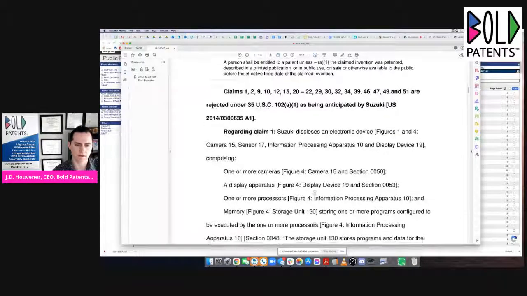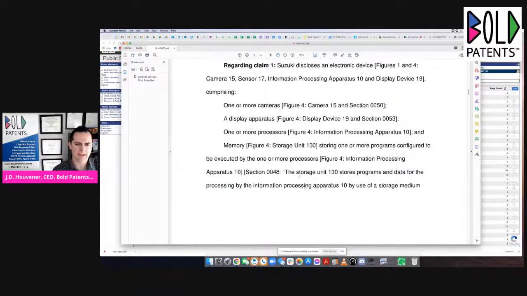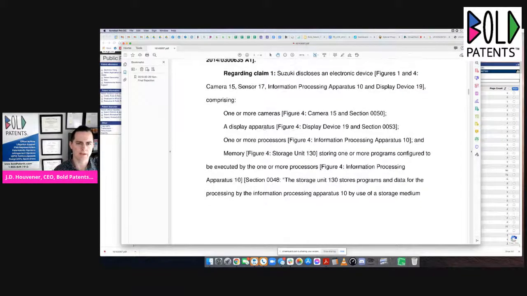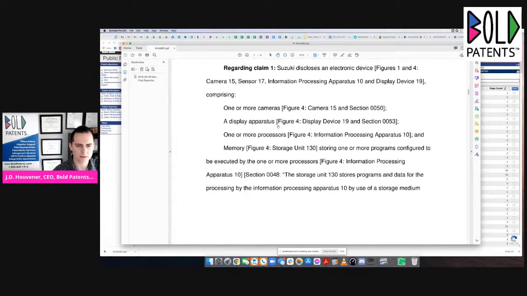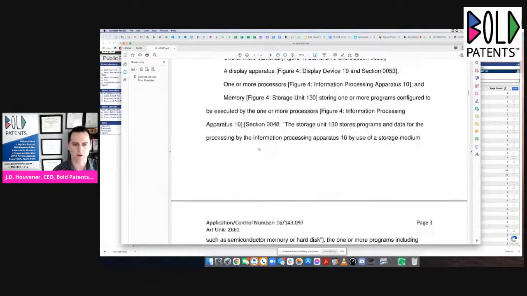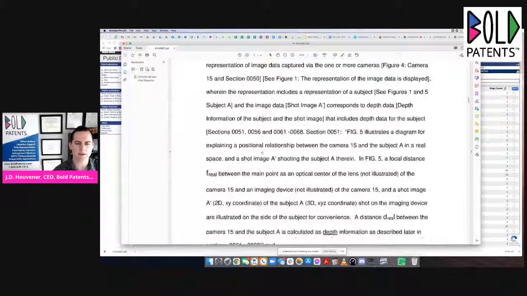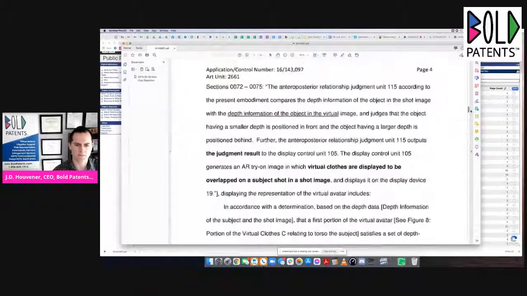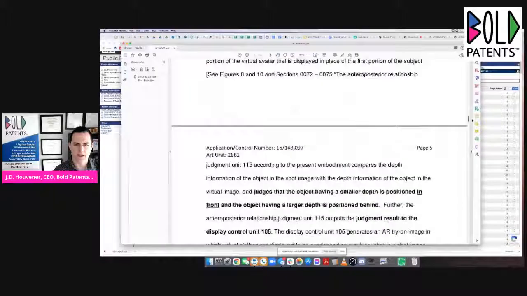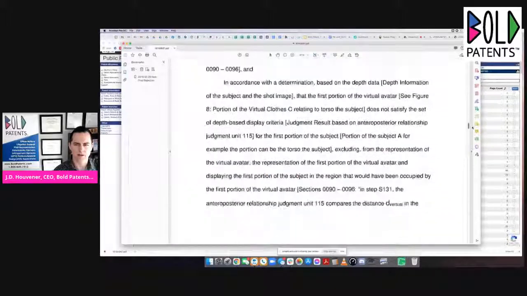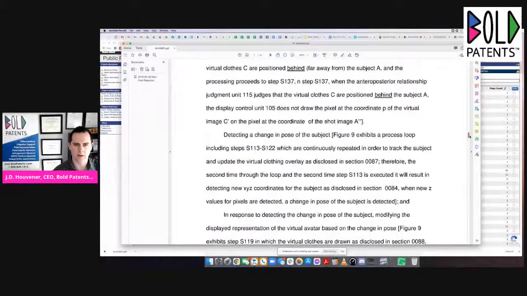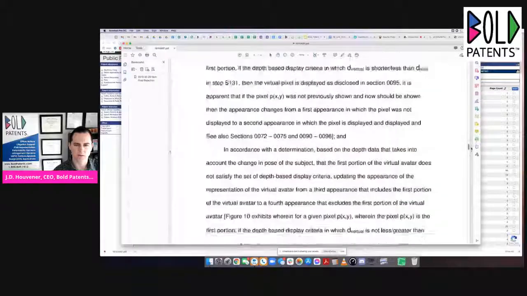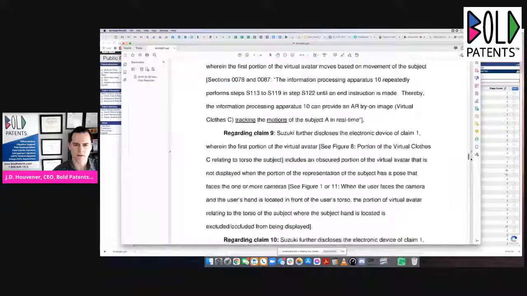All right, and the examiner is going to go through, and now they're citing that this Suzuki reference has one or more cameras, has a display apparatus, has memory, right, has every single element that's in the claim of the one we just looked at, okay? And I'll skip over a lot of that detail, but you would need to read through that, of course, to be able to adequately respond to the examiner,